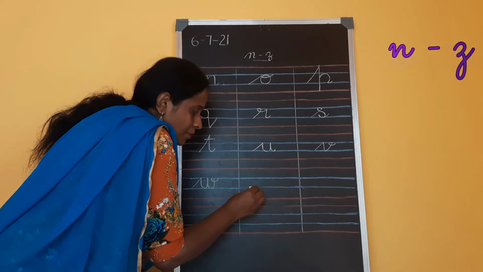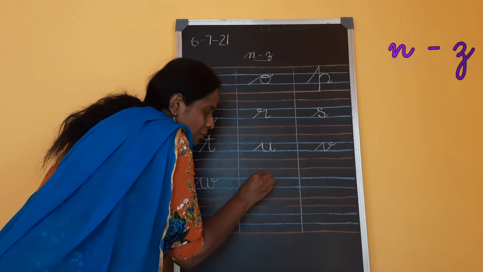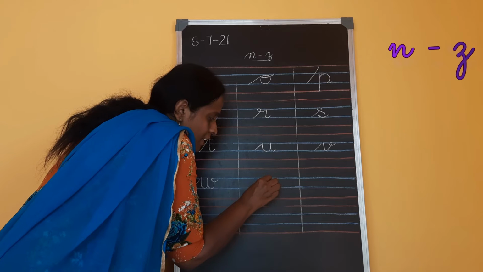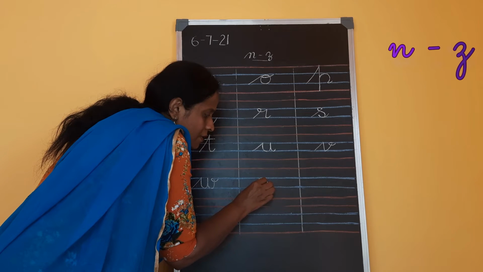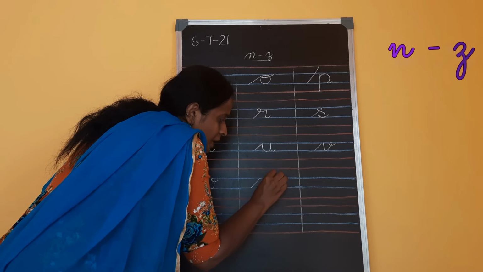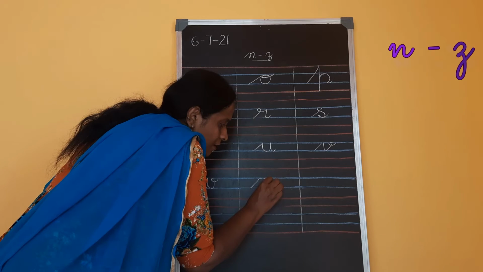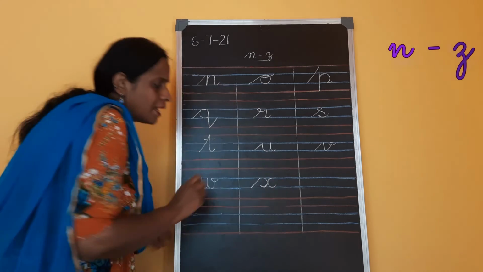From the second blue line, go up with the slanting line. Touch the first blue line. Come down with the right C curve. Touch the second blue line and go on the same path. Go up and touch the first blue line. And now come down on the same path with the left C curve. Go up a little and leave.